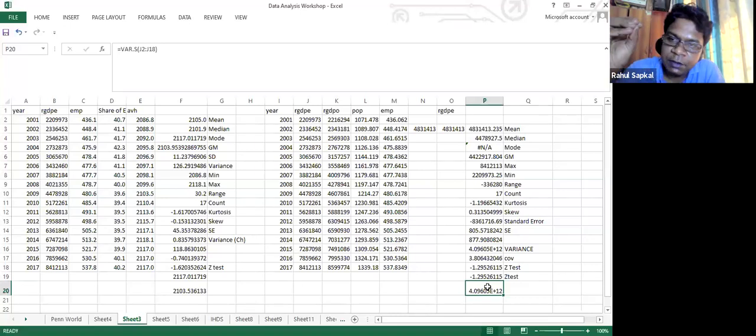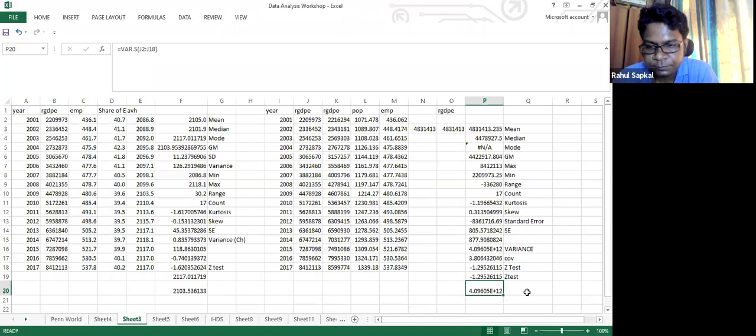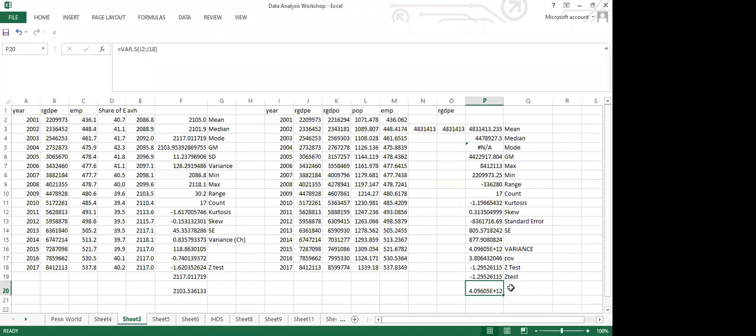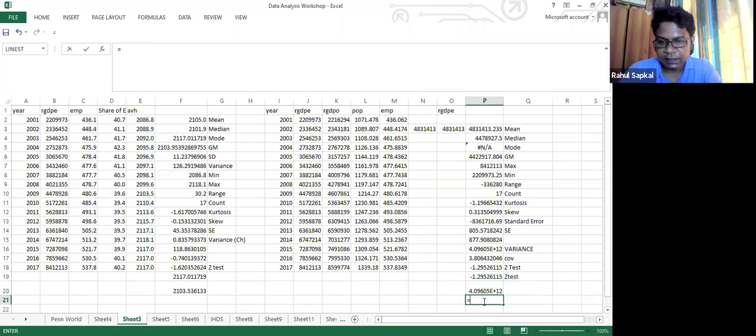Means observed value minus average value divided by total number of n. Sir, could you please tell for coefficient of variance as well? Yes, coefficient of variation, take the last value J19, J18 divided by J2.